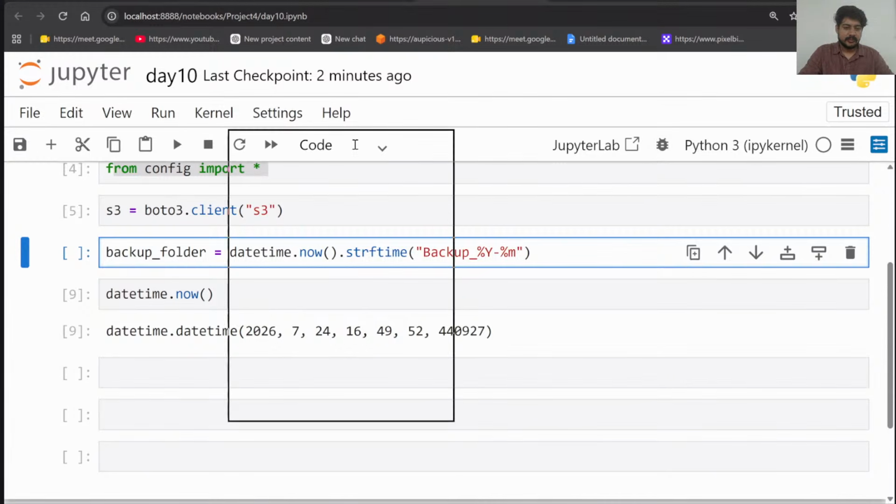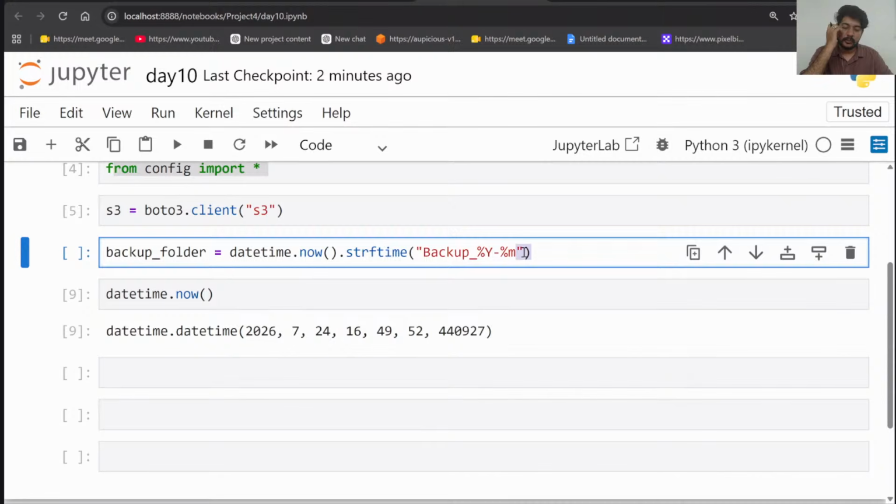You can press shift and tab if you don't know this particular format here. But it is okay, percent capital Y for year, percent small m for month. Maybe I want the day also, so percent d for the day, right? And I want the hour, so percent H is for hour and percent M is for minute. I can tell which hour, what minute, what time. So just underscore as a separator, and here percent S for seconds. So what time, what hour, what minute.